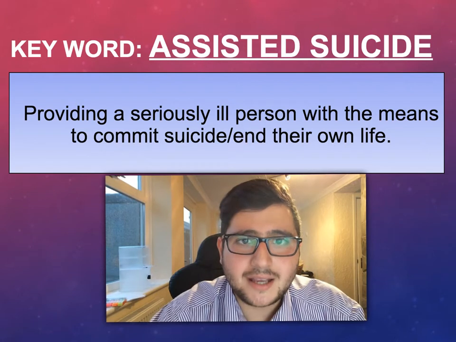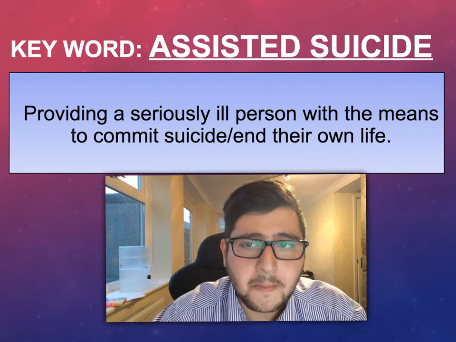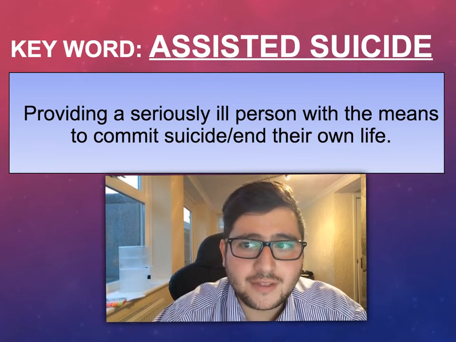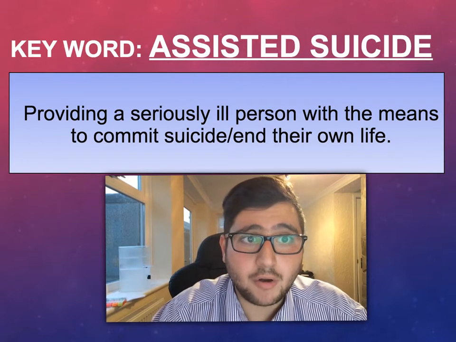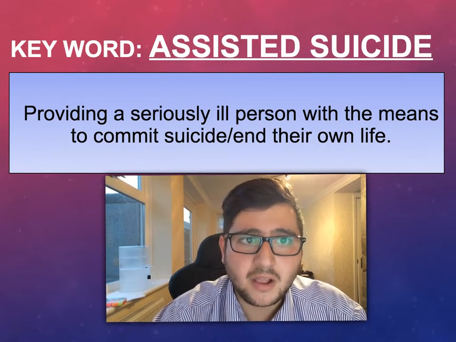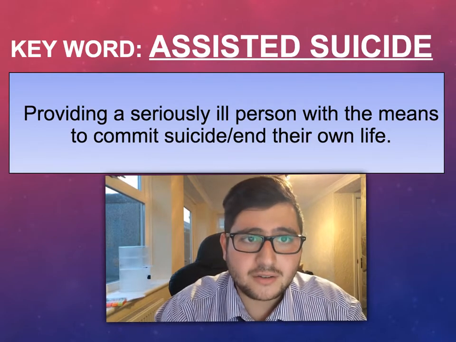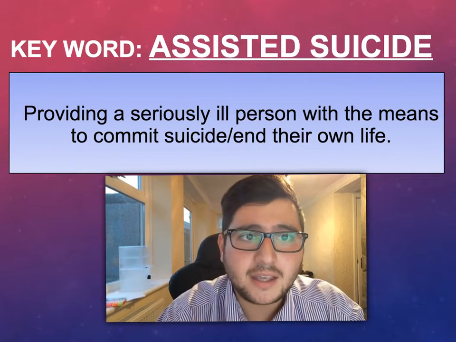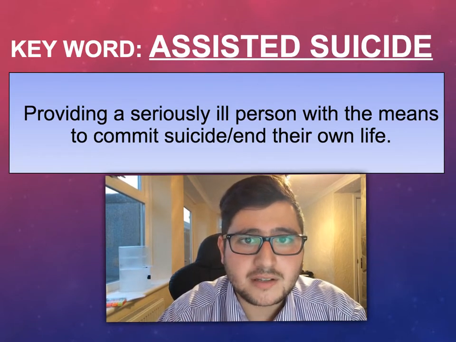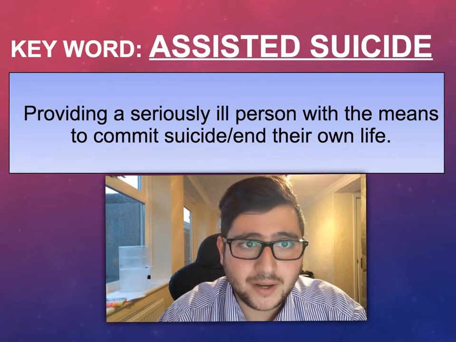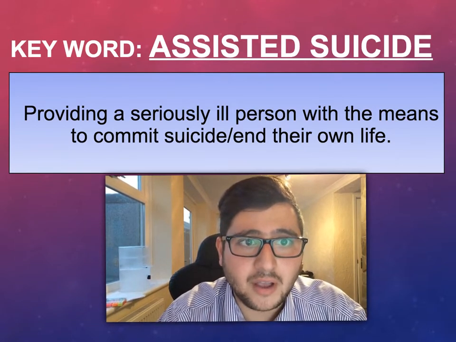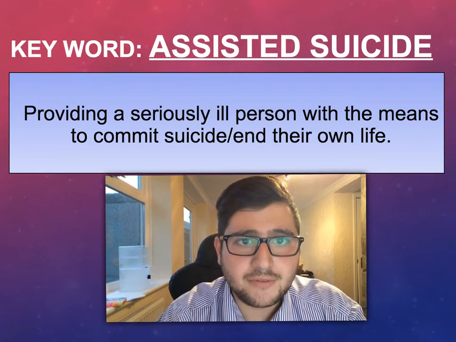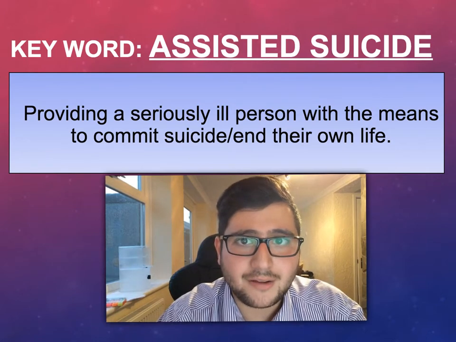Now, where euthanasia is a painless killing of someone that is suffering, assisted suicide isn't where you kill them, but rather you give them the means so that way they can take their own life. So euthanasia might involve something like an injection, which you administer to the person that's suffering, but assisted suicide is where you give them what they need and they take it. For instance, if you give them a drink with a solution that could end their life, with a straw in it, and they drink it themselves, that's assisted suicide. They've been given the help to end their own lives, and it's really crucial that you are clear about the difference there.